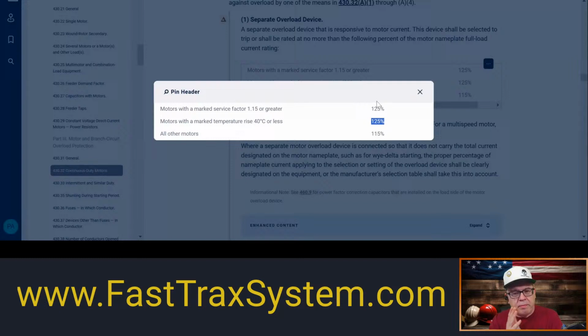So one of the big misconceptions when it comes to overloads is that you have to meet both of these. No, any one of them will trigger it, okay? And then for all other motors, it's going to be just 115%. So for example, say it is a 1.14 service factor, which is less than 1.15, and the motor temperature rise is 42 degrees C, okay? Then none of these two right here apply. Then it would be this one,